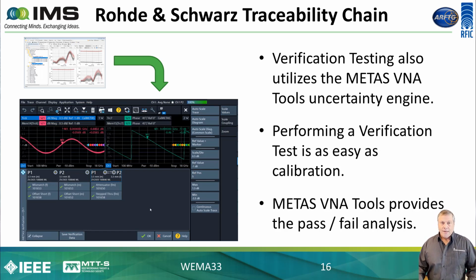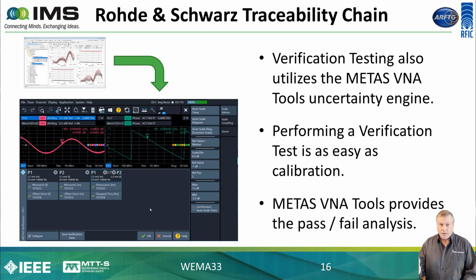So a verification kit is very similar to a calibration kit, but different in that it has completely different standards. For instance, it might have different impedance reflections, so offset shorts and things like this. It might have a beadless line with a 25 ohm center conductor, and attenuators are also very common in a verification kit. So the concept is you get a verification kit that is also traceable back to the National Metrology Institute, METAS in this case, also traceable back to the primary experiment, and it comes with its measurement uncertainty as well. And you launch the verification tool on the VNA.